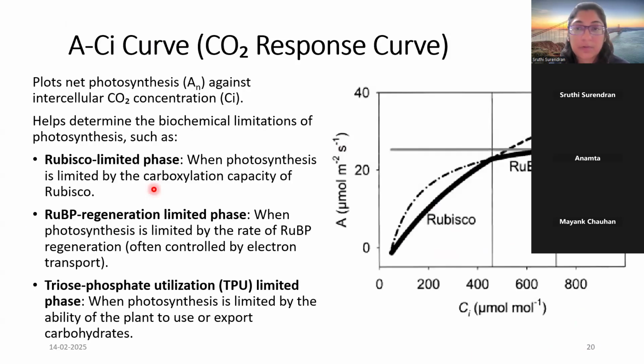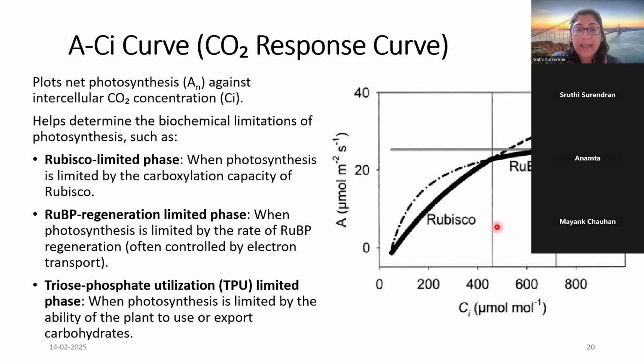Then we went into one of the most important parts of this chapter, which is the photosynthetic response curves. Three types are there. One is the carbon dioxide response curve, which is nothing but the response of photosynthesis to changing carbon dioxide concentration in the atmosphere. Atmospheric carbon dioxide concentration governs the concentration of carbon dioxide inside the leaf. So the plot of the net photosynthetic rate to Ci values